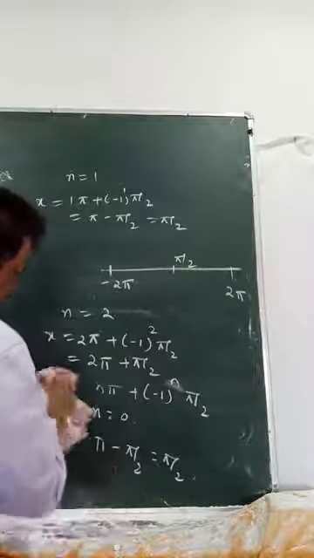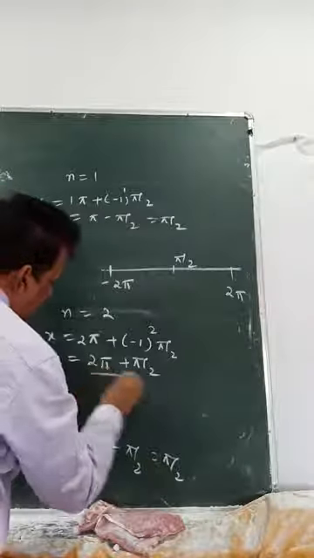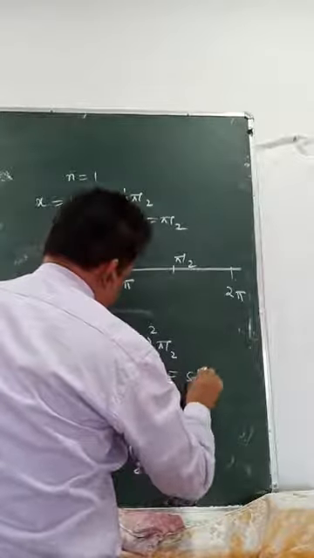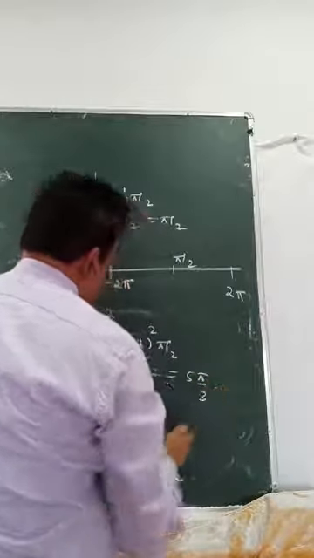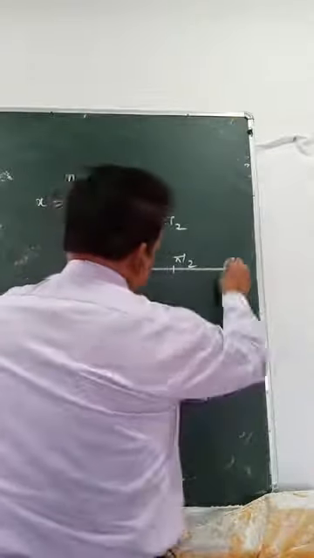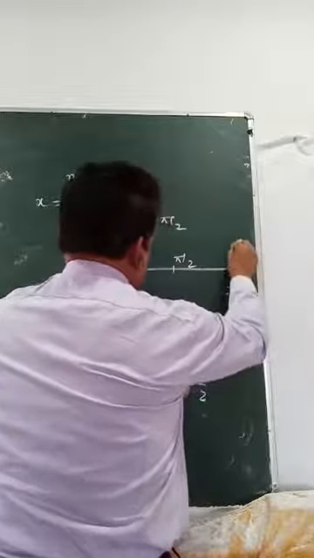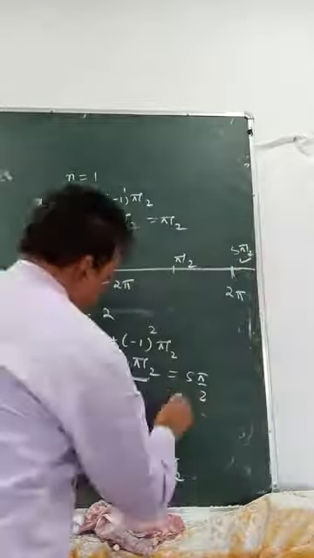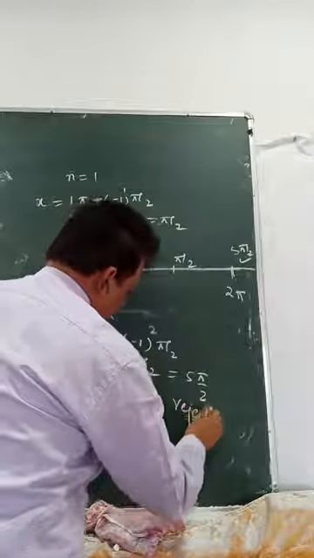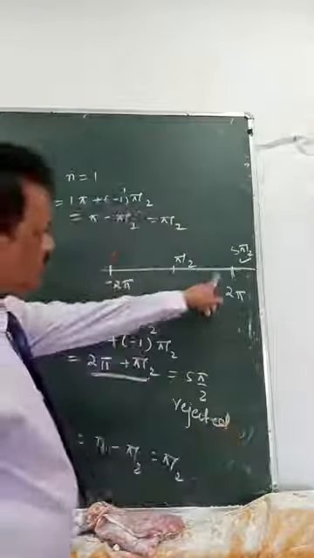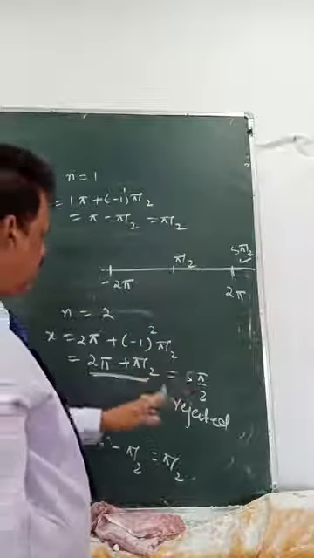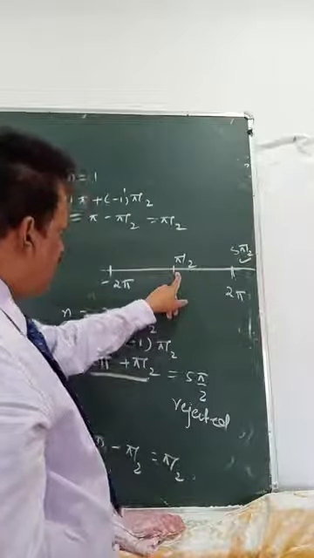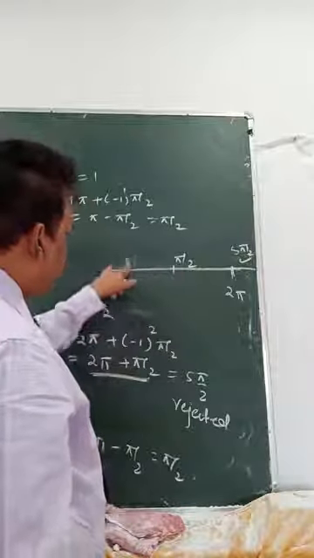See, we will reject this. Look, this part is rejected. That is 5 pi by 2. This was rejected because this is the point here. 5 pi by 2 is here, so rejected. I cannot go that side. So the one point I got between these two is pi by 2. What could be the other point here also?